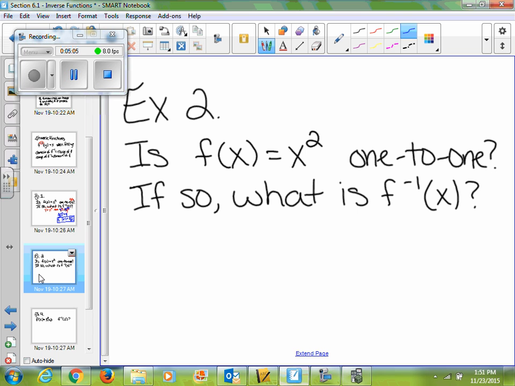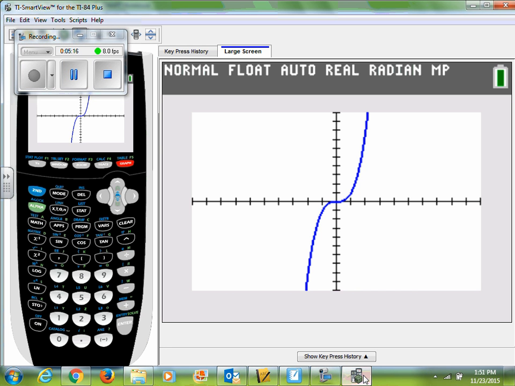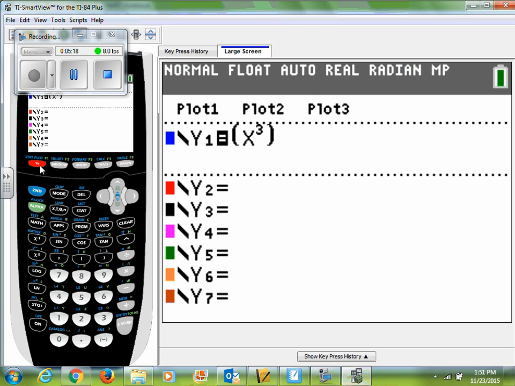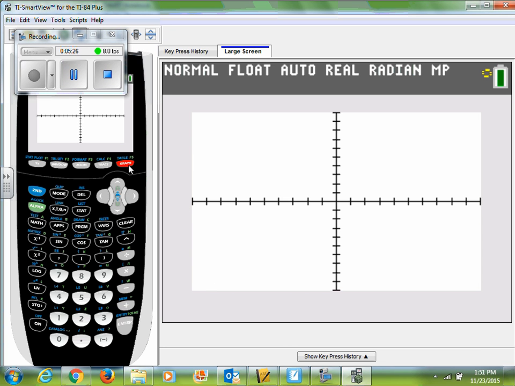Do the same thing then for f of x equals x squared. So I'm given f of x equals x squared. I need to determine if it's one-to-one. So to do that, you need to graph y equals x squared. Okay, so to be one-to-one, it has to pass the horizontal line test. So if I were to draw a horizontal line through that graph at any point,